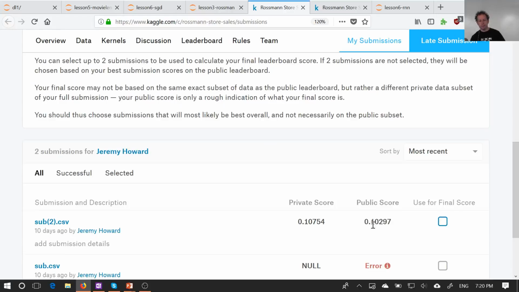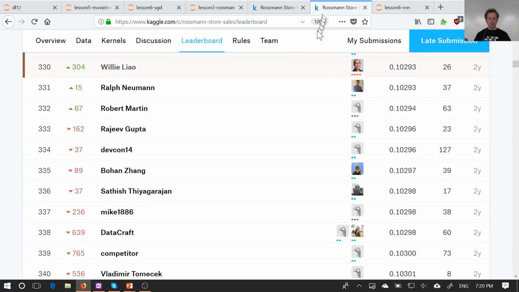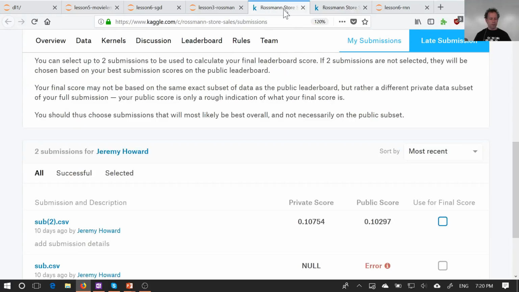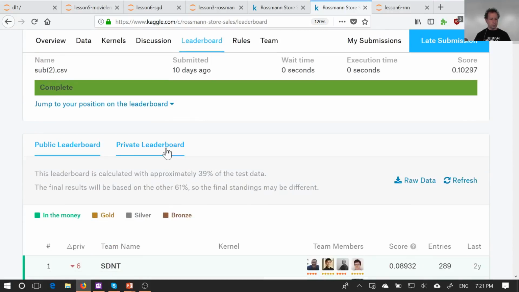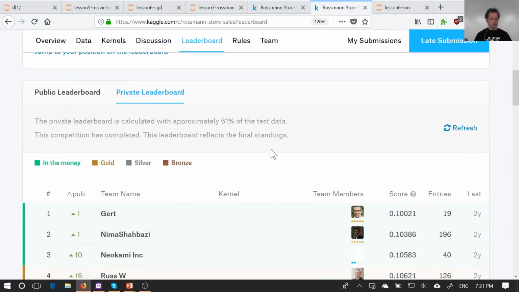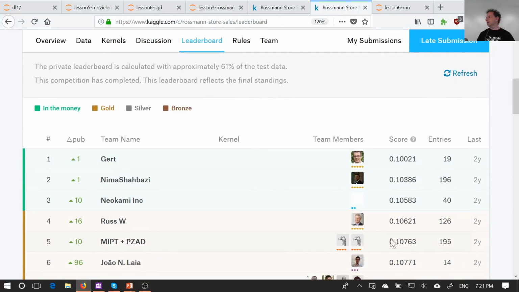It got a public score of 103, which would put us in about 300 and somethingth place, which looks awful, right? And our private score of 107, leaderboard private, is about 5th, right? So, like, if you're competing in a Kaggle competition and you haven't thoughtfully created a validation set of your own